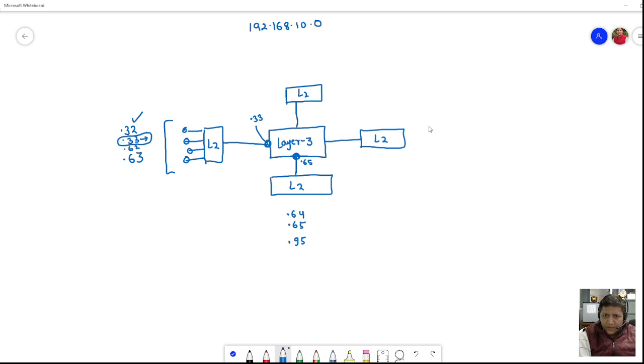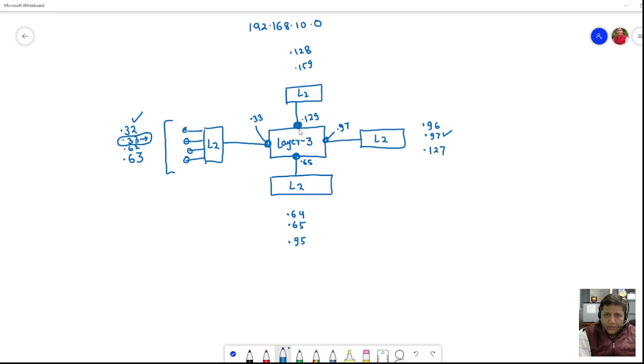Suppose this is our third subnet. So .96 to .127, and .97 would be the first valid host. Let me assign it here, .97. Suppose this is our fourth subnet, so it is .128 to .159, and let me assign .129 to the